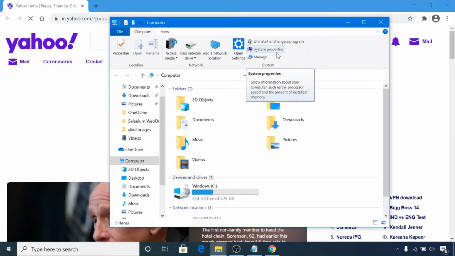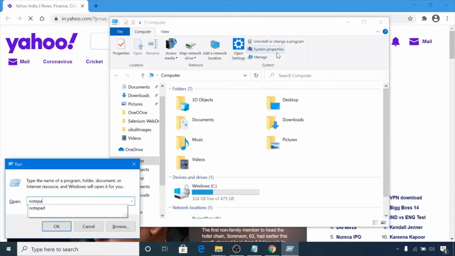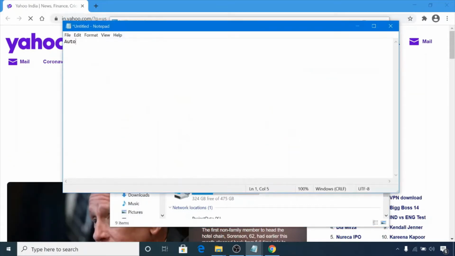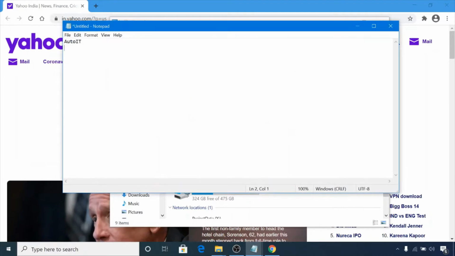So to do that you have some external libraries, like you can use AutoIT and Sikuli. You can use some other tools also. There are a number of tools available like QTP and WinAppDriver. But majorly these two tools are used, AutoIT and Sikuli. So we will cover both. Today we will cover Sikuli, and in the next session we will cover AutoIT. So let's start with Sikuli.